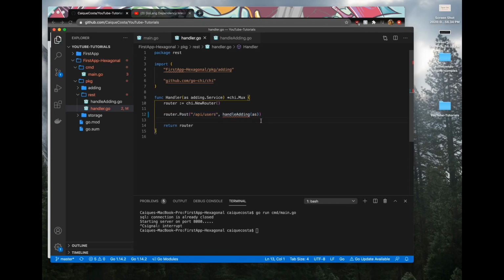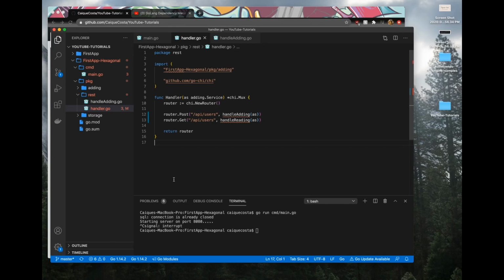But theoretically, let's say you're adding a get request to users. It's going to be handle reading, right? So you'll make a new file here called handle reading, and the idea is you want everything to be grouped up as neat as possible,